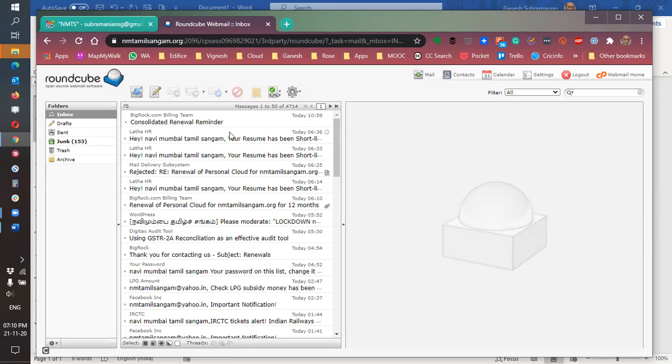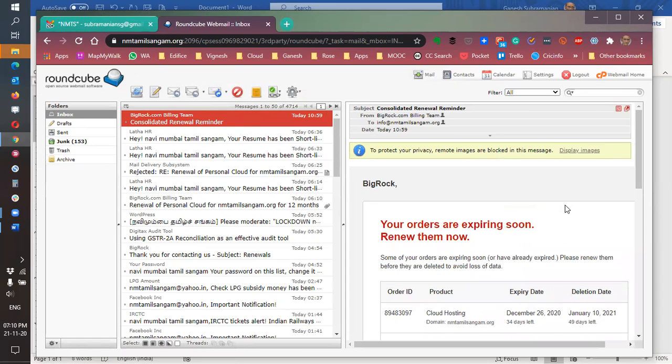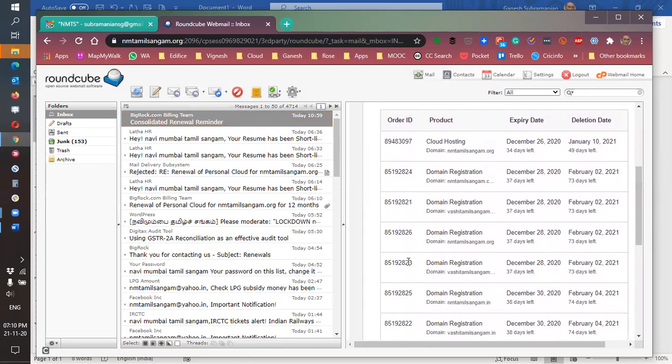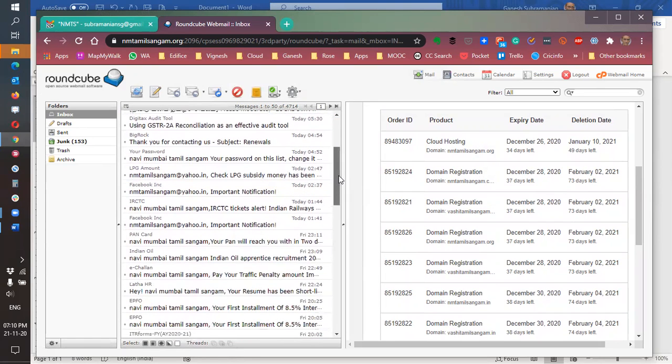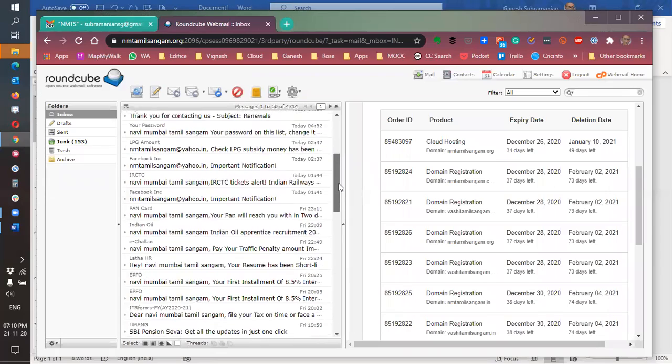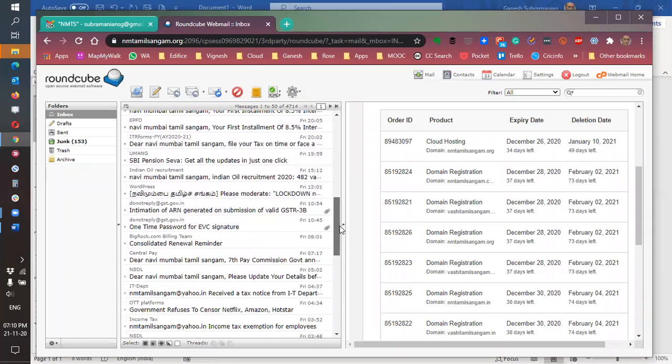You can click on any email, and the right side window is nothing but a view. You can see what the mail is about. The renewals are due. There are quite a few junk messages that have to be removed, so we'll have to set up some filters, which is there even in your local view that you see now. So this is what you have to do. When you finish, you come out by pressing logout.